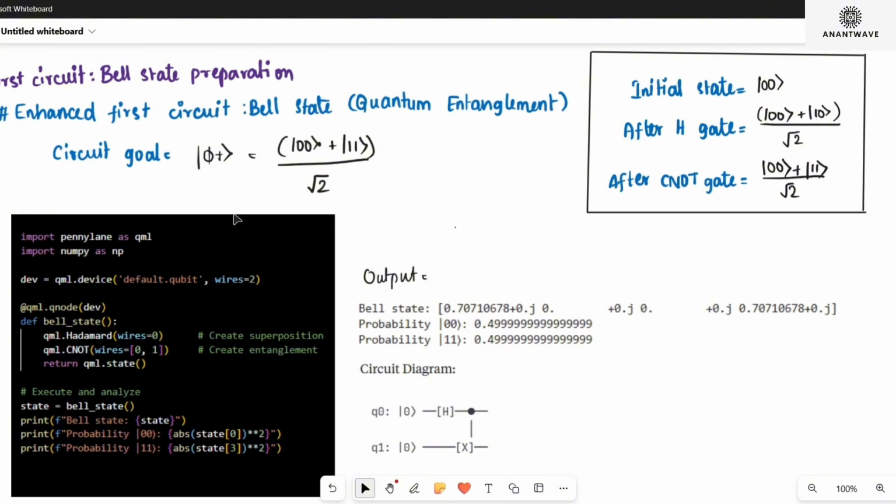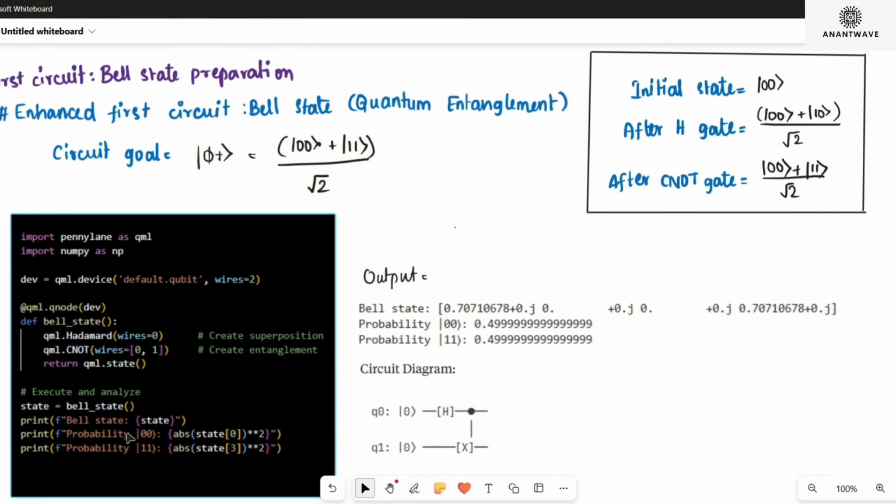Let's look at the implementation. The PennyLane implementation imports PennyLane as qml and NumPy as np. We create a device with default.qubit and two wires. The qml.qnode decorator defines our Bell state function. Inside, we apply Hadamard to wire 0 to create superposition, CNOT to wires 0, 1 to create entanglement, and then we return qml.state. To execute and analyze, we call the Bell state and then calculate the probabilities,